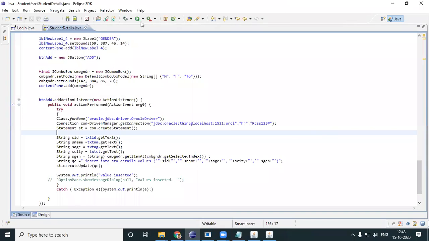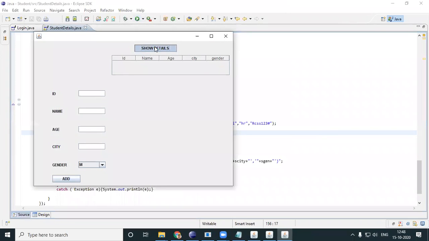Okay, so I'll run it once again. Look here, show details. I do have all these. I'll enter one more detail. Imagine I enter R100, and give in another name, let's say Ruben, age 21, city, whatever, male, add.